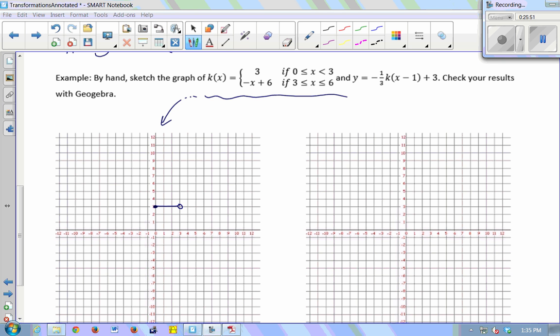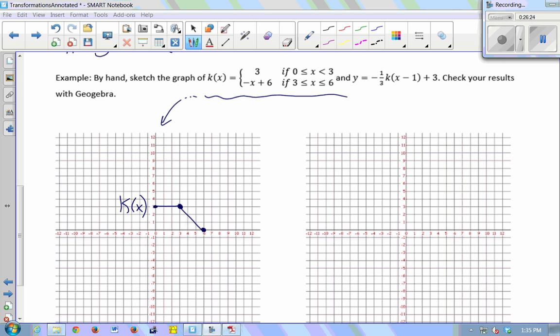So if I plug a 3 into that formula, negative x plus 6, what do I get? 3. Okay, so that fills in my circle, right? Because now 3, 3 is on my graph. And if I plug a 6 into that formula, what do I get? 0. So I plot 6, 0. And I know that this is a line because I recognize it as mx plus b format. So these are just connected with a straight line. Okay, so that is my original k of x